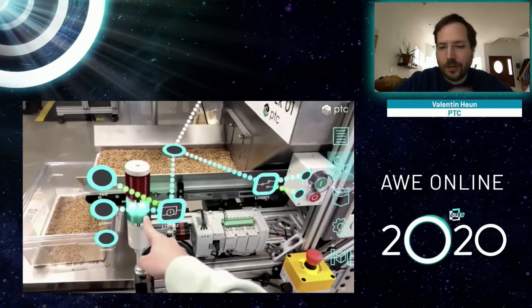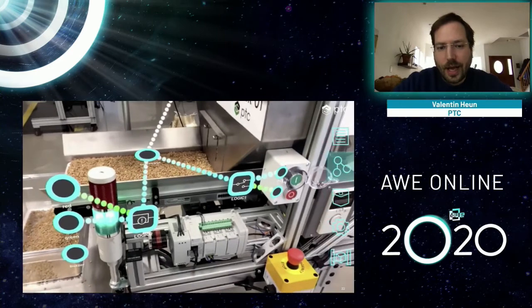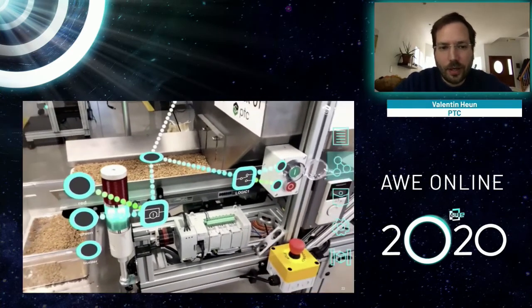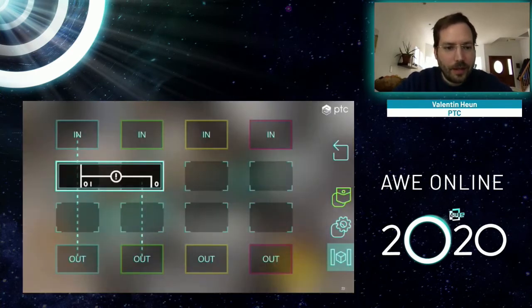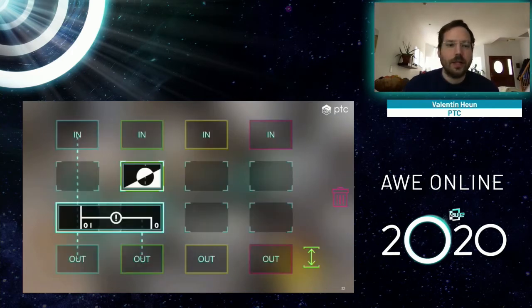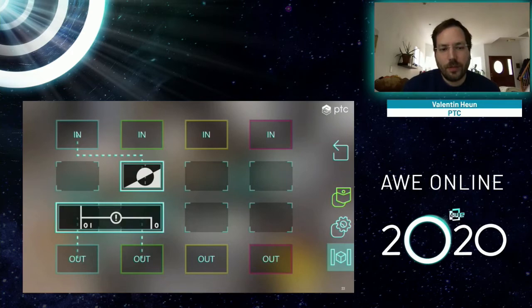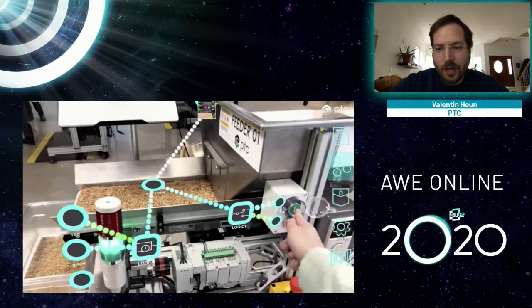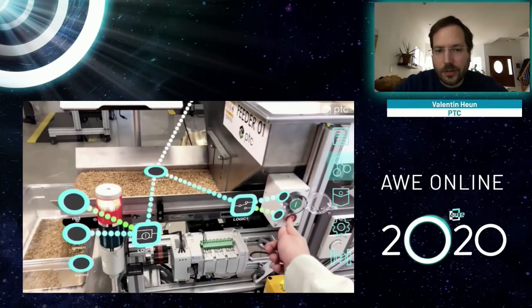And if I want to make changes to the software, I can click on these square nodes, and a little programming interface opens up. And with logic blocks, I'm able to change the program. In this case here, I want to invert it. And you see how now I have made adjustments to the system.